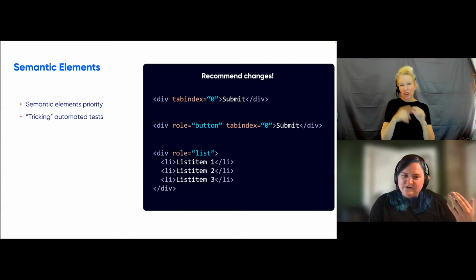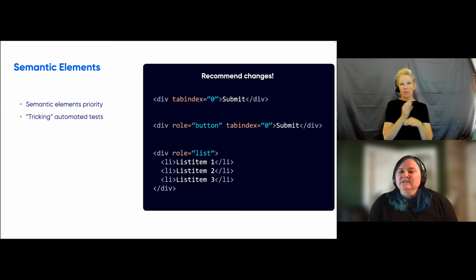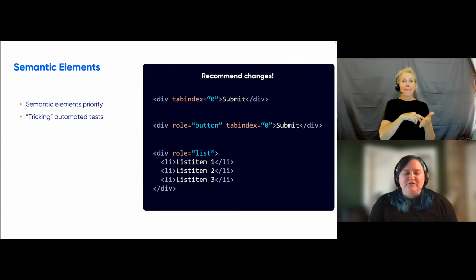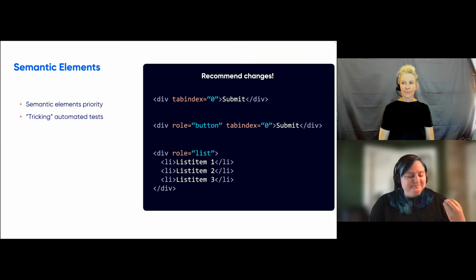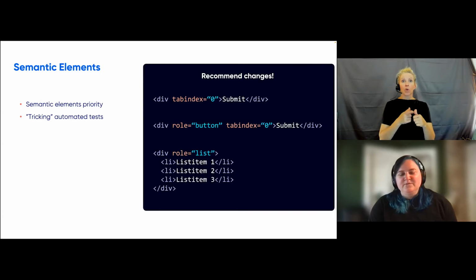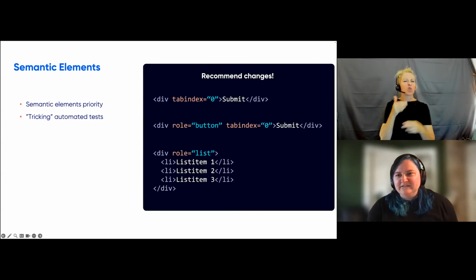So again, we're going to make the recommendation: use an unordered list element, which is semantic, or an ordered list element, depending on what you're trying to achieve here with this list. Use the semantic HTML. That's always preferred, right? So first thing we want to check for: are we using semantic HTML in the appropriate places? We'll dive a little deeper into some of these specifically in future slides, if we get to them.